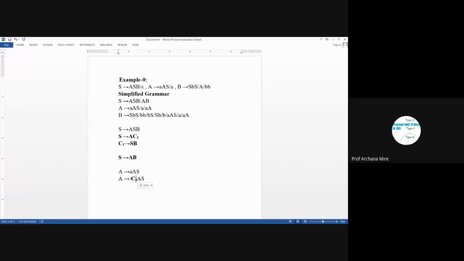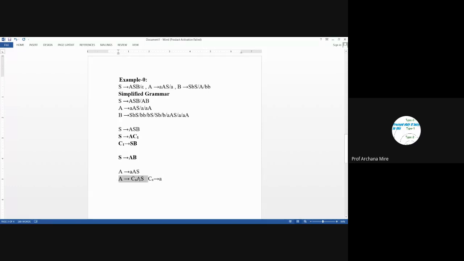So I will write here CA. So the first step is applied, that is, terminal symbols are replaced with their respective non-terminals. Then we need to insert the corresponding production rule as well. So we will need to write here CA leads to A.